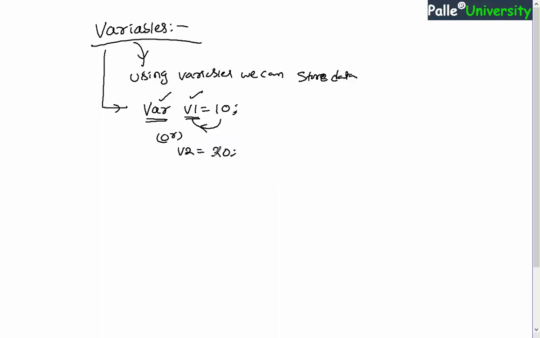Value can be anything. It can be a number, an integer value, a floating point value, or a string value, a boolean value, or even anything else, right? All I am trying to explain here is, in JavaScript we can declare variables by using the var keyword, or even without using the var keyword. There is a difference between these two things. Later we will be understanding the differences, but as of now remember that in JavaScript we can declare variables either by using the var keyword or without it.